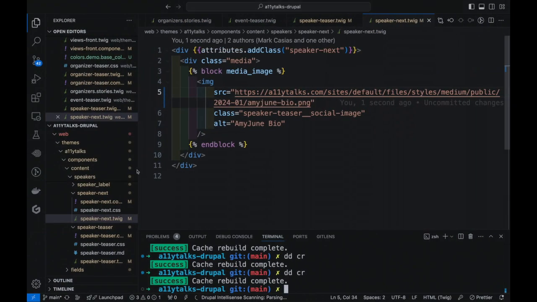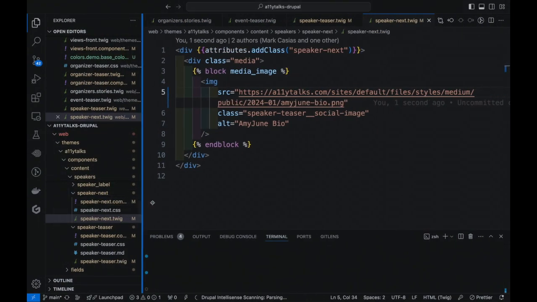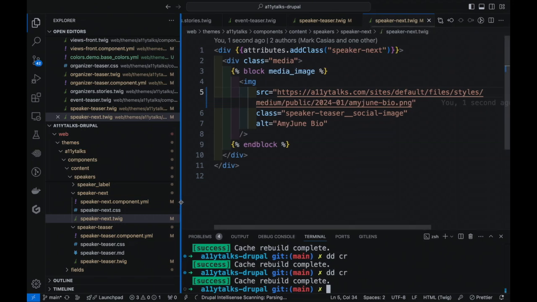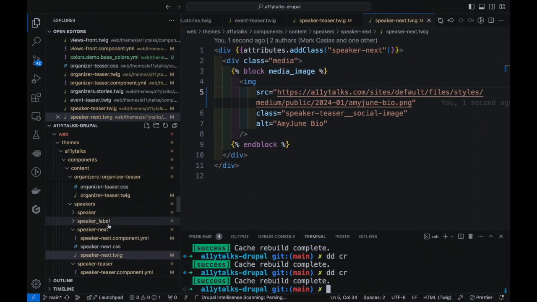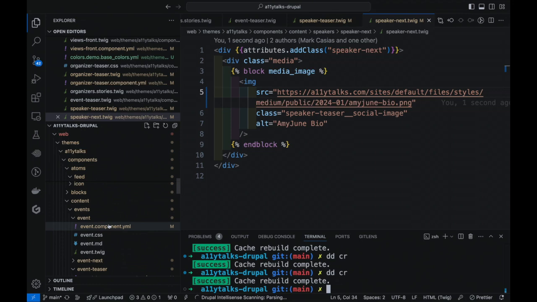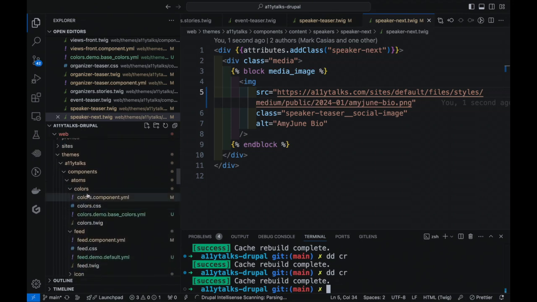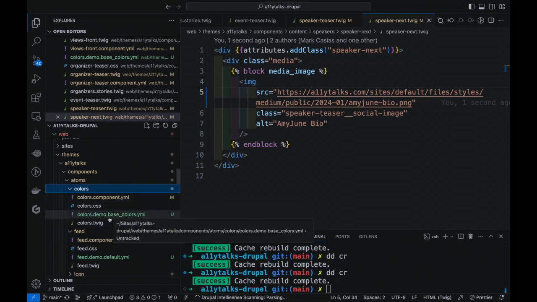And then if you take a look at the file structure here, can everybody see that okay? I know I use the dark mode, but it works really easy. Basically, again, you have your different content types. You have atoms. You can still use atomic design on this. This color, I'll show you the reason that I actually created this component. There's really no reason for it other than for the style guide reasons.